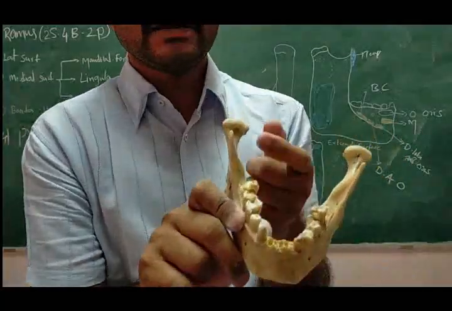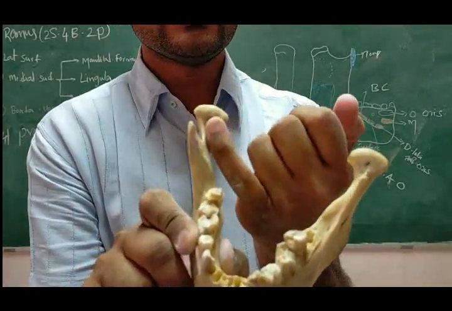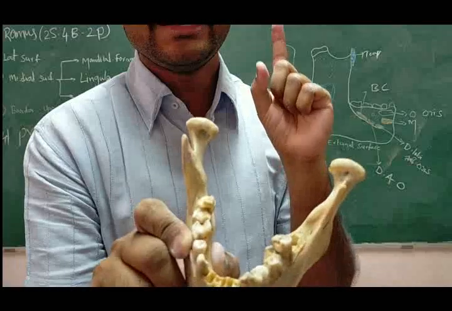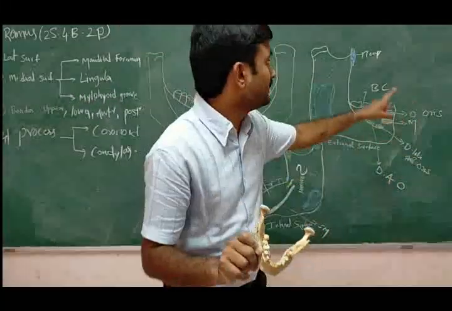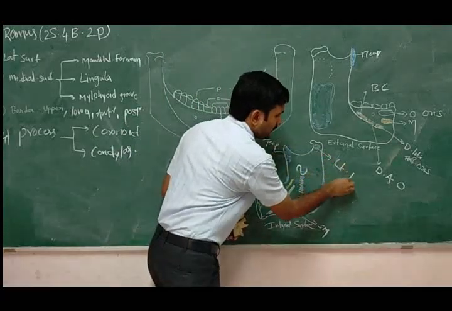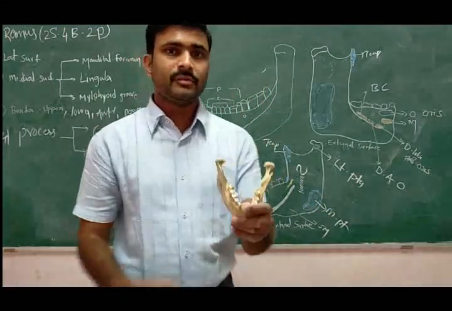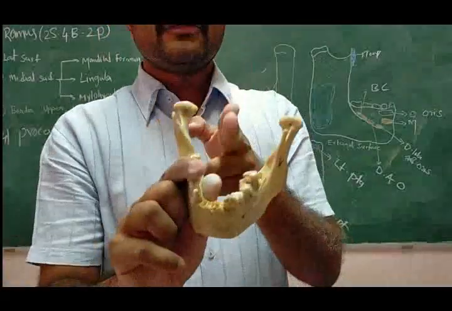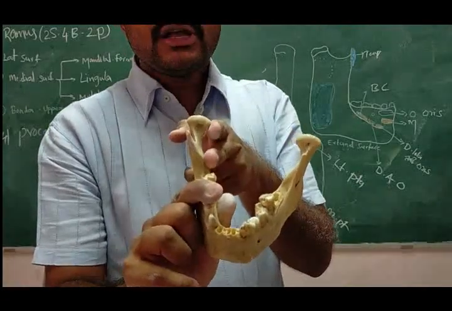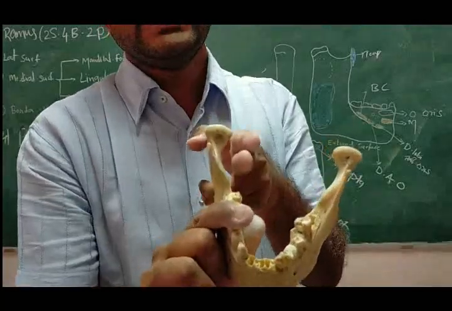And on the medial side, it's not exactly medial, it is the anterior side. You see in the anterior there is one depression. This is a depression. That depression is called the pterygoid fovea. In this pterygoid fovea, the lateral pterygoid muscle is inserted. See, this is the lateral pterygoid, and this one is the medial pterygoid. The lateral pterygoid is inserted into the pterygoid fovea. On the medial surface, above is one nerve and below is one artery. The one above is the auriculotemporal nerve and below is the artery, that is the maxillary artery.